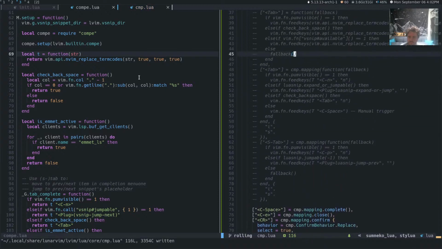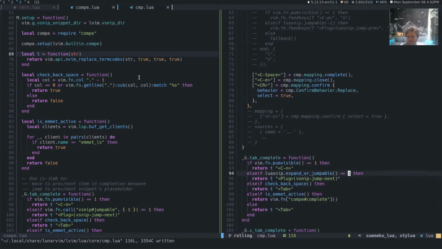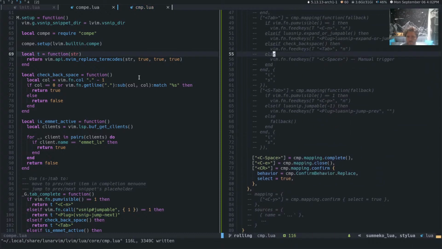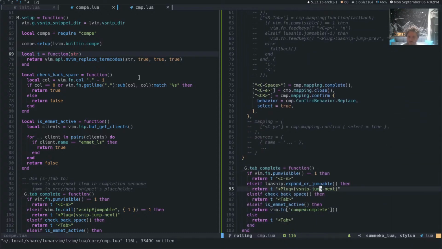That I guess if it equals a 1, but there's some weird things where I don't know what that's gonna return, but whatever. And then if we do that and then grab this. Now there's expand or jump.